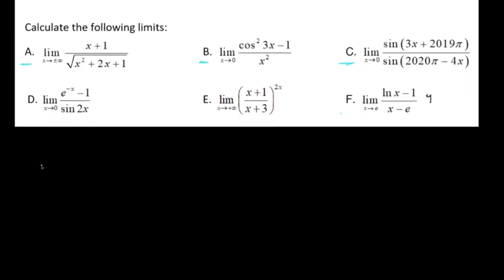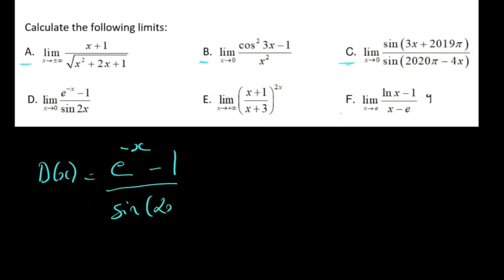Let's start with D. The expression D of x is equal to exponential of minus x minus 1 over sinus of 2x. How do we do this kind of limit? We are interested in the limit when x tends to 0. We will have something of the form exponential of 0 minus 1, so 0, over sinus of 0, which is 0, so this is an undefined limit. What we need to spot here is that we've got sinus of something that tends to 0,